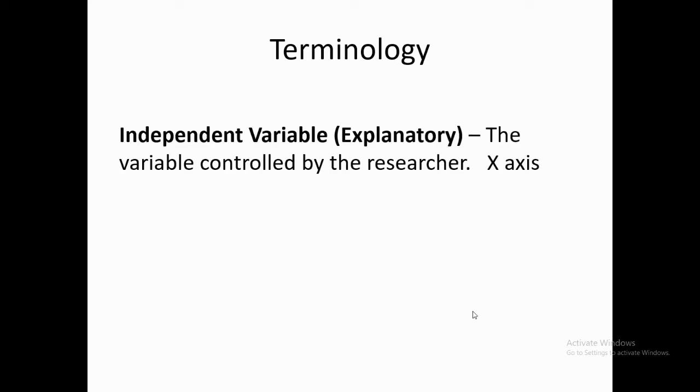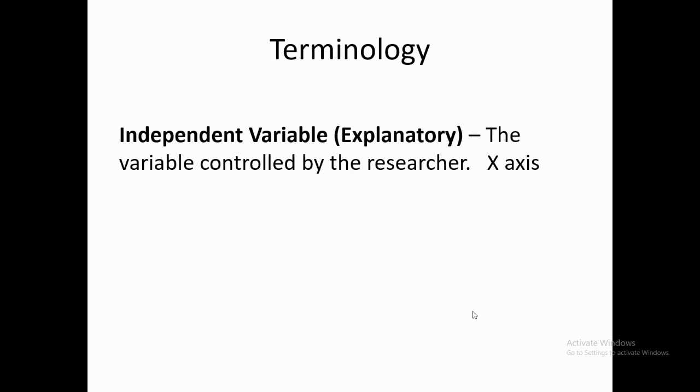Okay, so a little bit more terminology here to do with the variables. We've got two types of variable. We've got the independent variable or the explanatory variable, which is generally the one that's controlled by a researcher or a scientist in the lab. And that variable goes on the x-axis, and it's quite often the one that might cause the relationship, explains